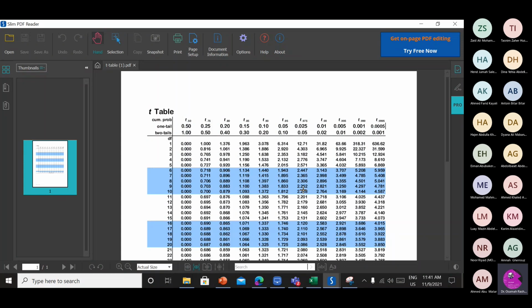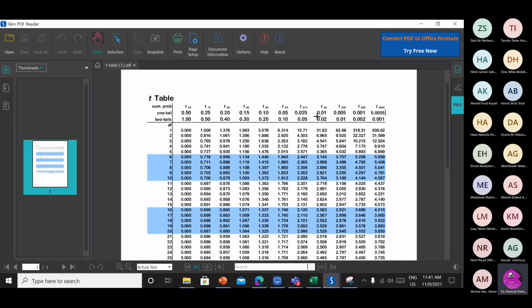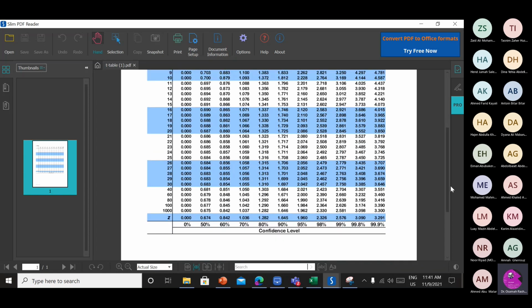Okay, and then going down until I reach the degree of freedom. Remember, we have from the left 1, 2, 3, 4, 5. We are in the fifth column from the left, and I look for the 49. I don't have 49. So I'm between 40 and 60. So I add these two together and take the average. So I will have this one, 0.975, for degree of freedom of 40 plus